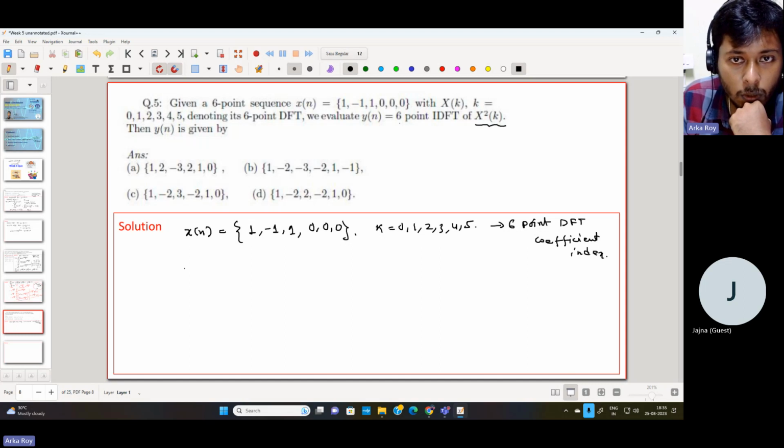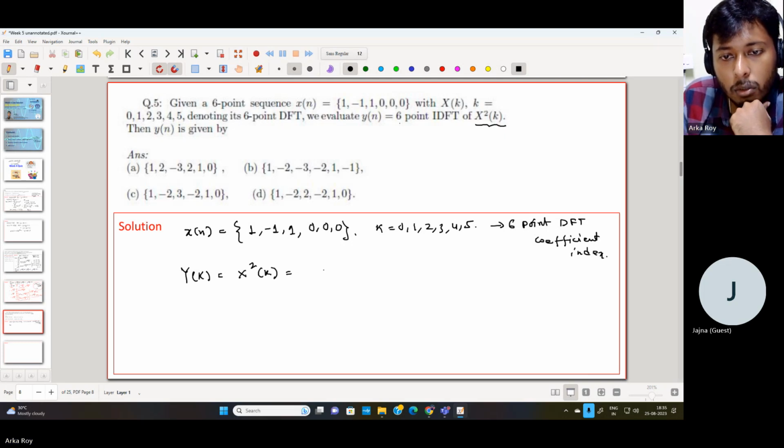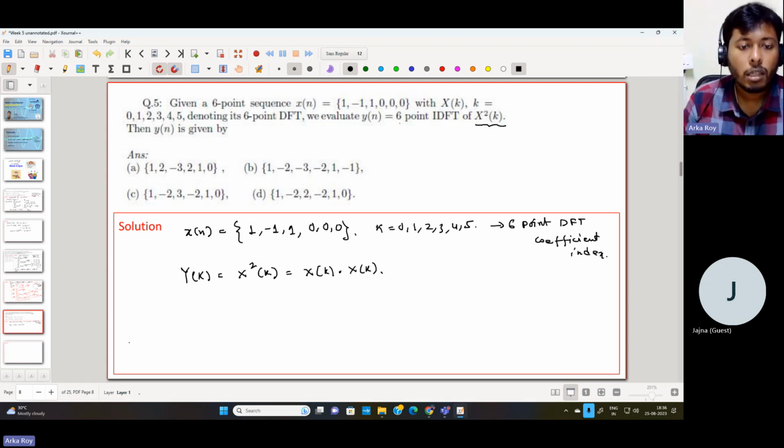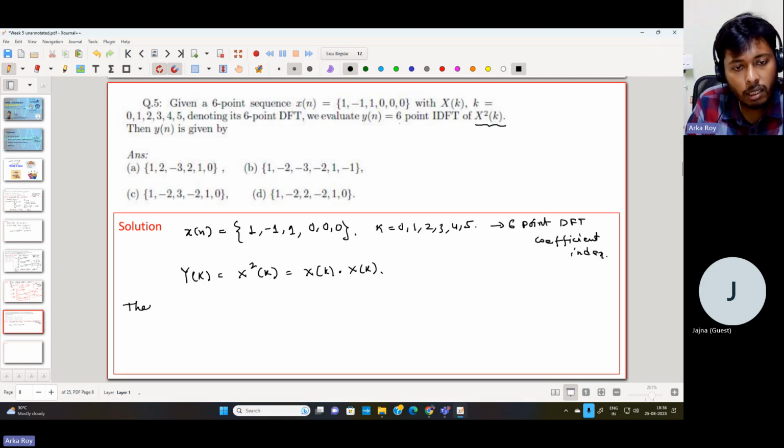So therefore, yk we can write it as x square of k. So I can write it as the dot product between the two DFTs. So in the theory, so theoretically,